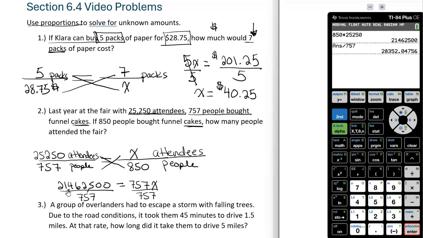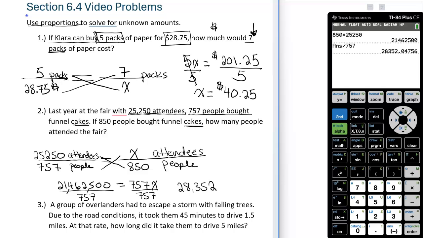And we get a non-whole number. But in real life, if it doesn't make sense to have a partial answer, and here since we're dealing with people, it doesn't make sense to use a partial person, so when I write this answer, I just give the whole number version. So I need to round. And since there's a 0 to the right of the decimal, that means the last digit does not change. So